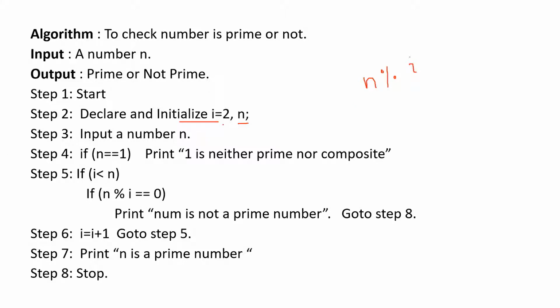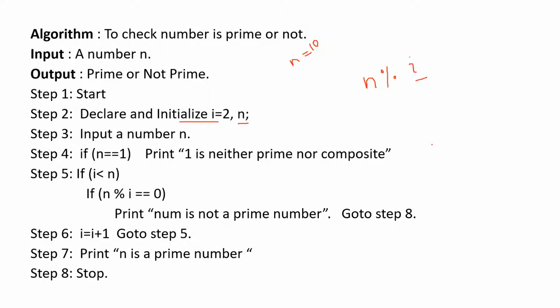So as I told, we will not start I with 1, we will start with the 2, because we know any number divided by 1, remainder will be 0. So why to check with that? All the numbers are completely divisible by 1, and 1 is a factor of all the numbers, right? So we are not checking whether it is divisible by 1. And what will be the last value of I? Can anyone tell me? If n value is 10, what will be the last value with which we should check whether n is having a factor?